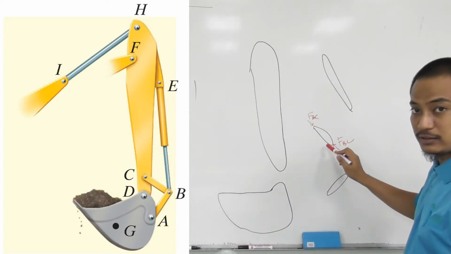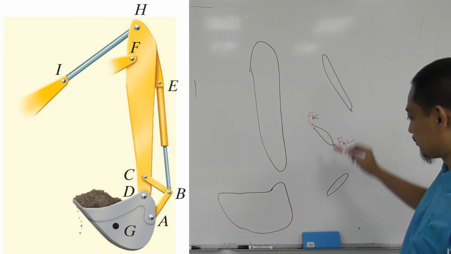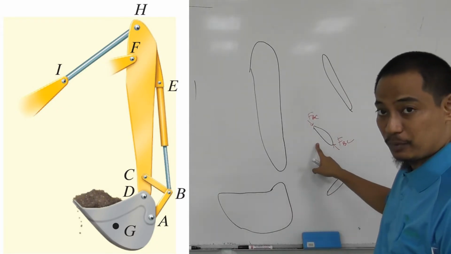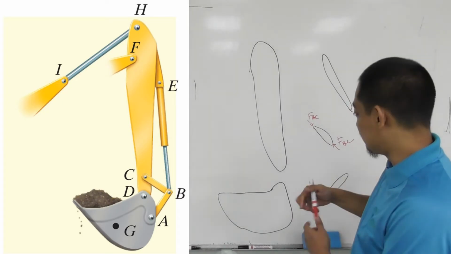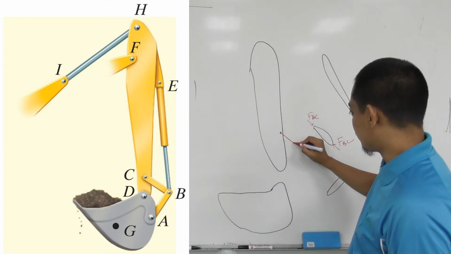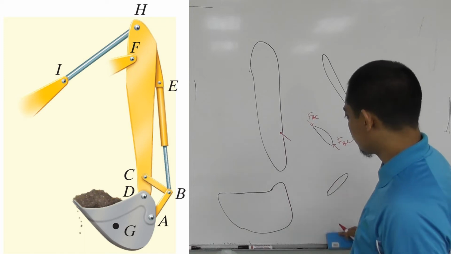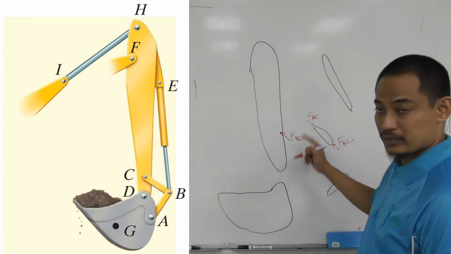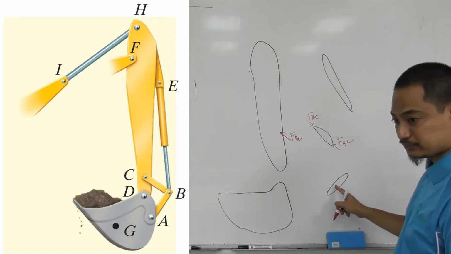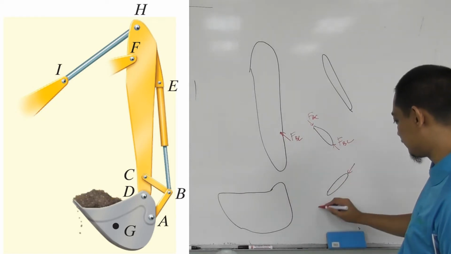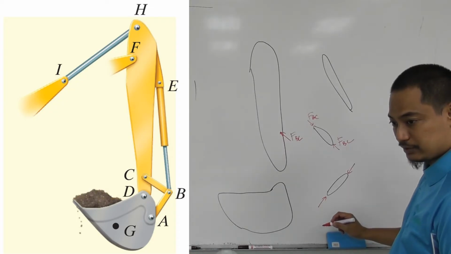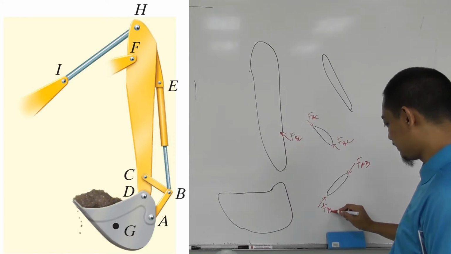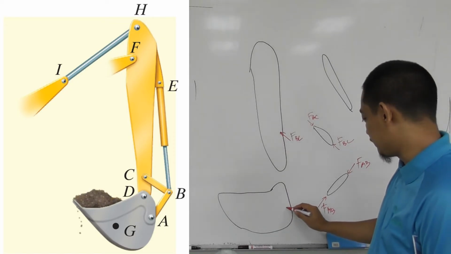Alright, so if this is a two force member, right? So first, if this is assumed to be in compression, so at point C here, it will be something like this. Correspondingly is FBC here, right? And for this one, if this is also under compression, which is FAB,